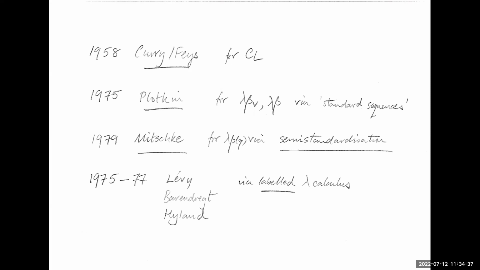Plotkin did it, a computer scientist working in the 1970s on lambda calculus. What is the one data structure you have access to? We've already seen it a million times so far. You have the list. So he writes a proof based on lists of terms which witness the reductions. And he proves a lemma about how you can concatenate those lists and how you have to permute between them.